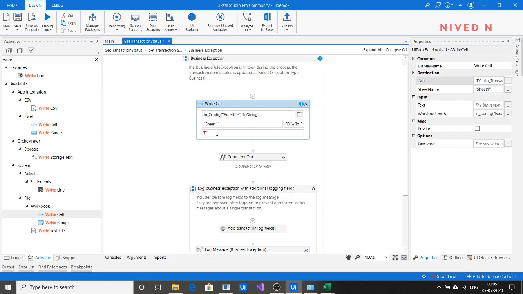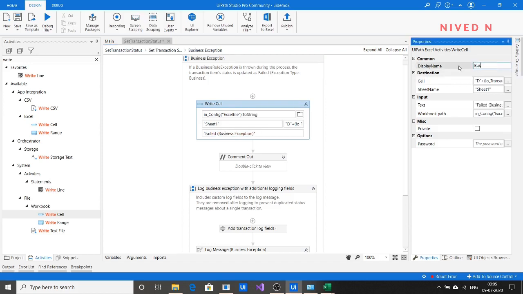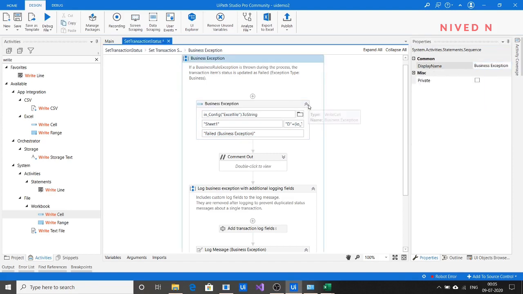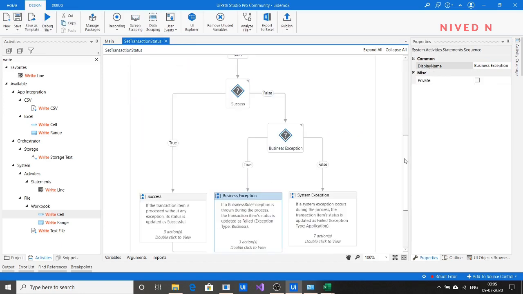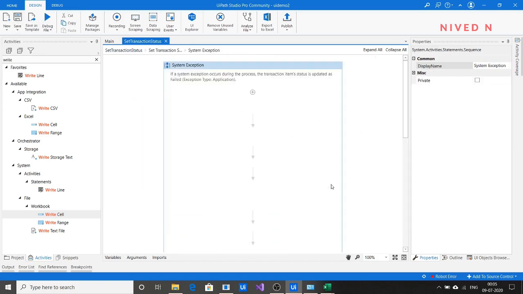To specify failed, you have to just provide the reason here, business exception. Just provide the reason that it failed due to business exception. Okay, now click on save. Similarly, we have to do it for system exception also.